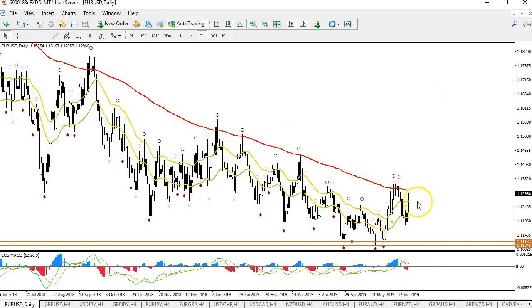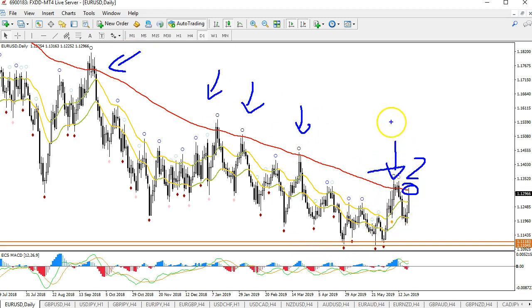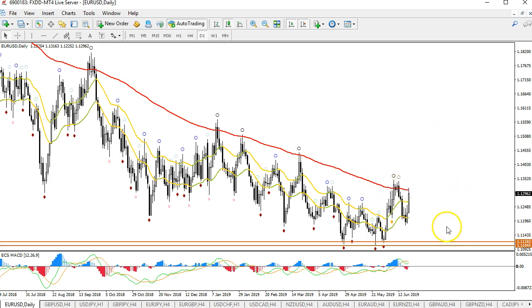So from this perspective, if price does manage to break above the 144 EMA for the second time, the number 1, 2, 3, 4 attempts failed. We recently had a fifth attempt, but this is kind of like the second attempt within that fifth attempt, so it's like 5.2 if you look at it from a system point of view, let's say, just for the fun. So yes, this is the, let's say, fifth or sixth attempt to break above the 144